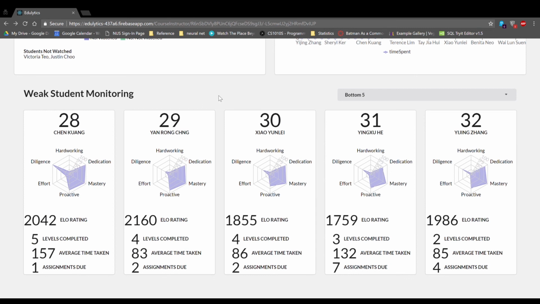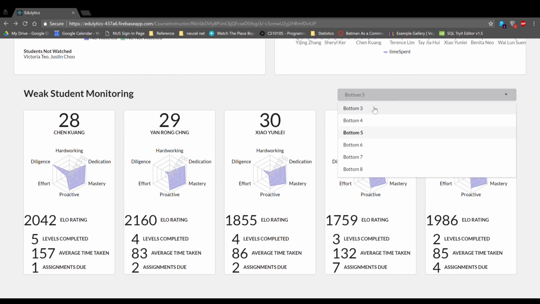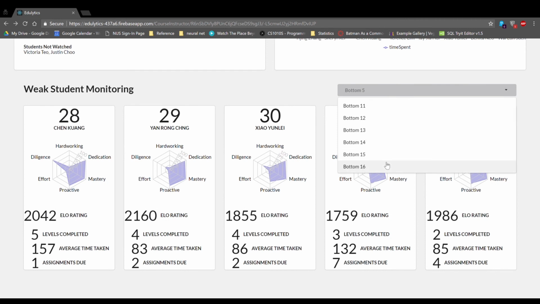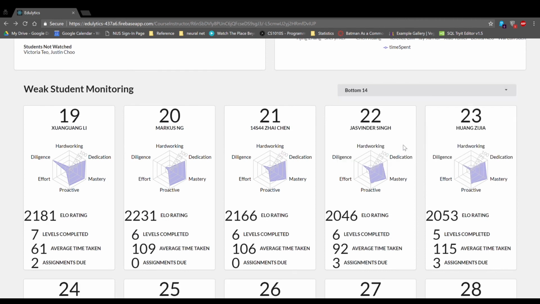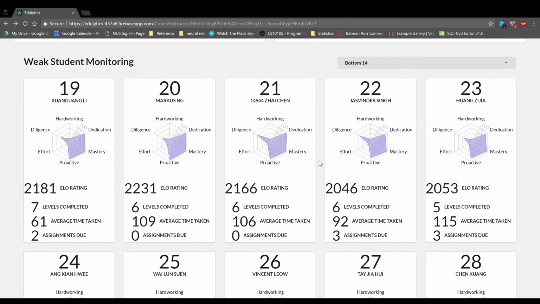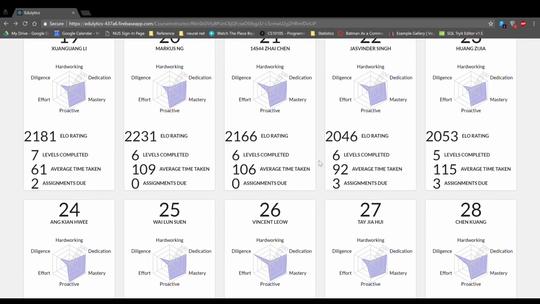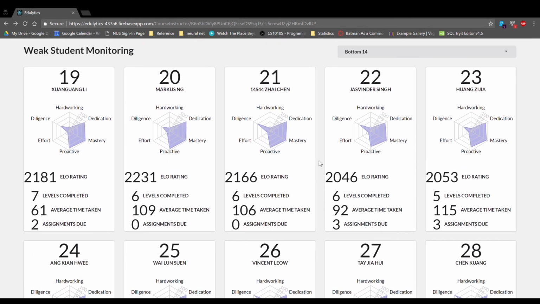Lastly, at the bottom of the page, we have the weak student monitoring dashboard, where course instructors will be able to see at one glance all the worst performing students in the class itself. The number ranges from 3 to half of the cohort, so as to not overload the course instructors with information. Each individual card represents the students ordered by ranking, and shows the most basic information about the students, such as the ELO ranking, the levels completed, time taken, as well as the current assignments due,